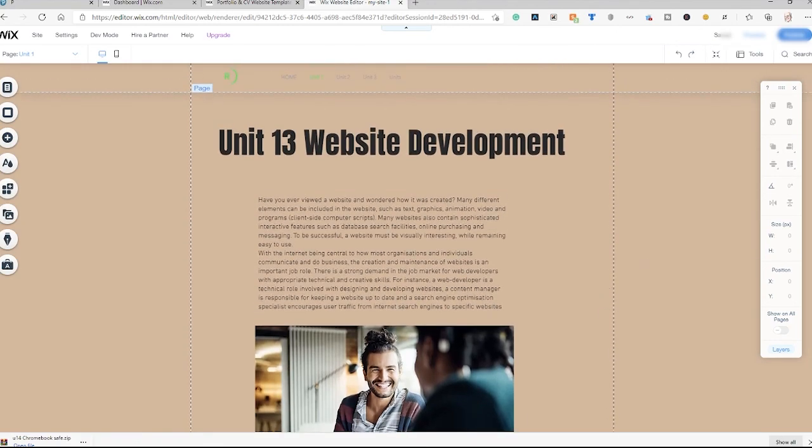So that is a bit of a whirlwind stop tour of how you use WIX to create a digital portfolio for Unit 3. Does any of you have any questions